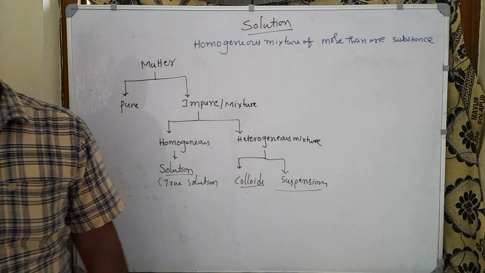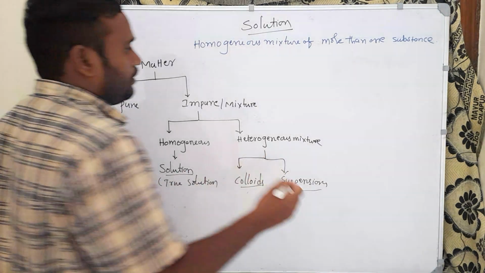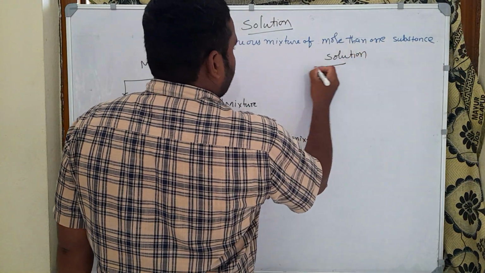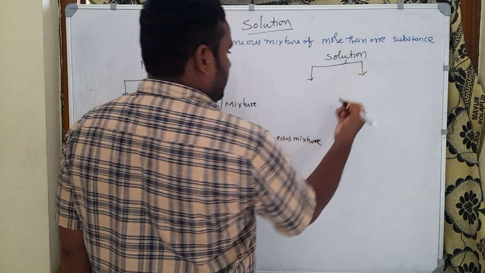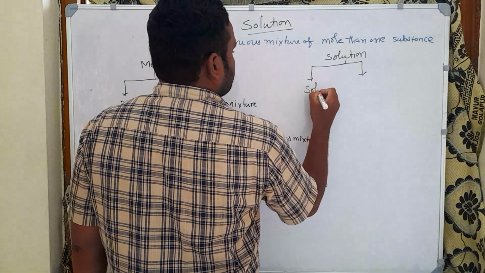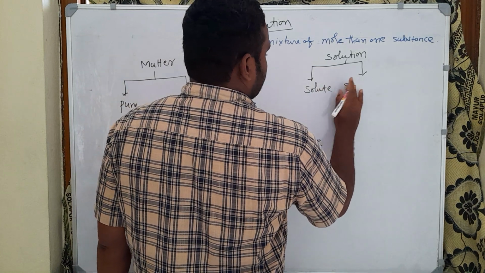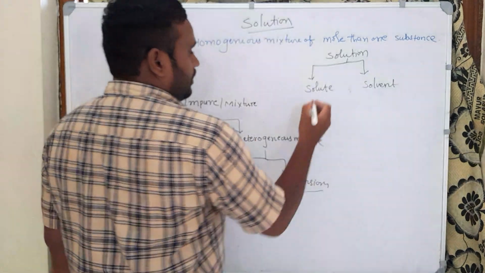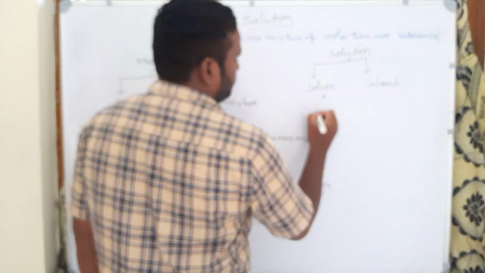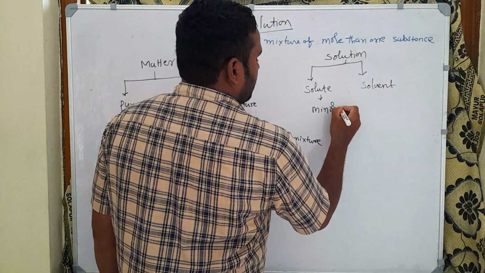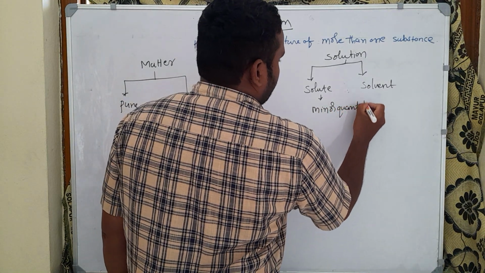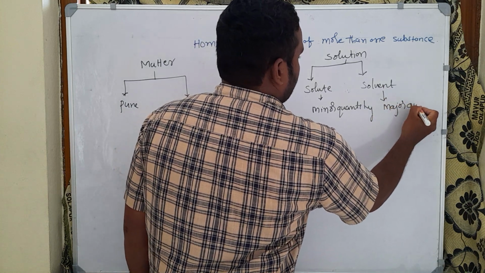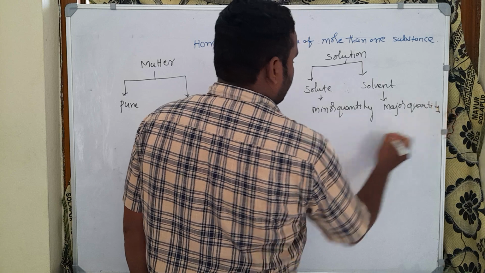Now solution can be broadly divided into two parts, solute and solvent. Here what is a solute? Solute is the minor quantity, whereas solvent is the major quantity. For example,